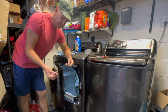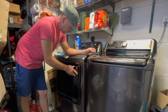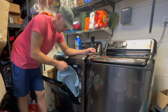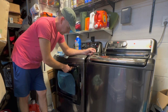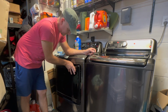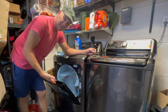This is your old hinge point here, broken in half. That's our new one that we got. Go ahead and close it. And now it holds like it should. No more of that popping, no more of that clang. The door doesn't drop down where it used to. Closes nice and easy. Opens and closes to the side perfectly. And so that took about 5 minutes, got rid of that problem, and you can be back on track with